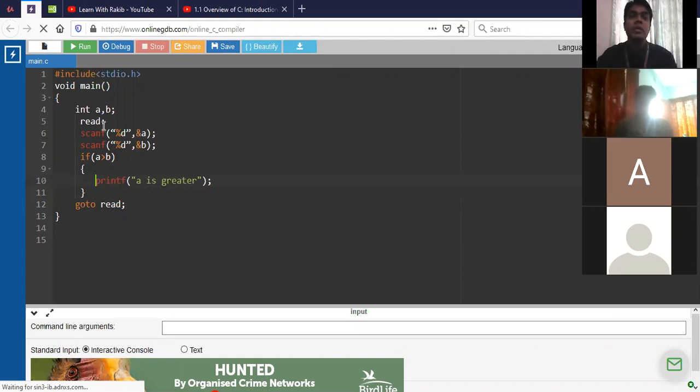As we can see, this one is an example of backward jumping, because we write down the go to, then here we have the label, and your friend is asking to show the opposite one.